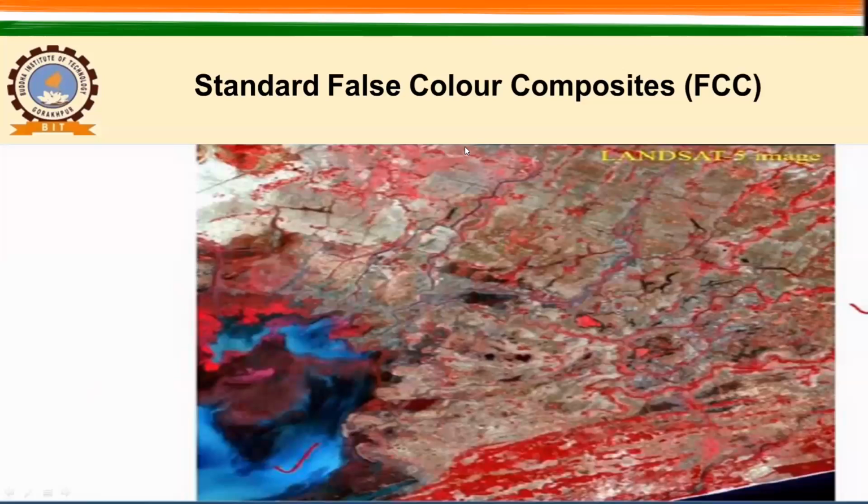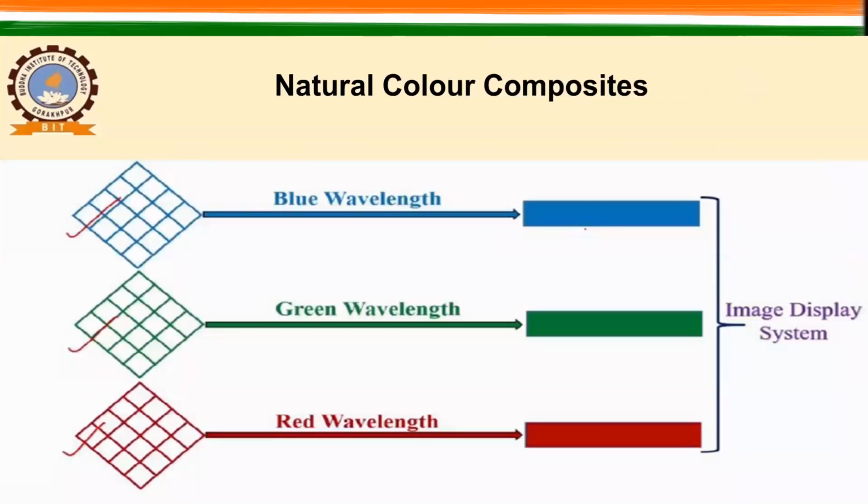As I told you, natural color composite will be something similar to how things appear on the ground. So in this case, just look at this. Again, हमारे पास क्या है? Blue, green, and red. And here we have included this blue band, green band, and red, right? And again, this display system will have similar guns like blue, green, and red guns. Now, if you are assigning blue to blue, green to green, and red to red, then they are known as natural color composite. So here, basically, we are assigning the same color to the same wavelength. That is why it is known as natural color composite.